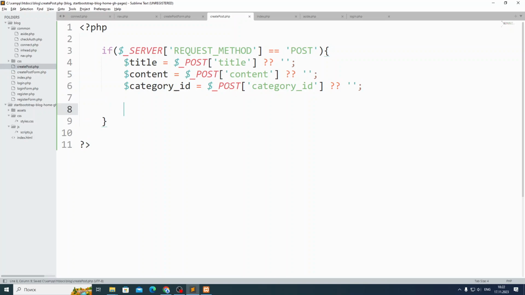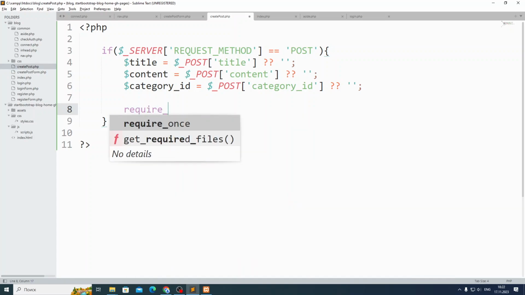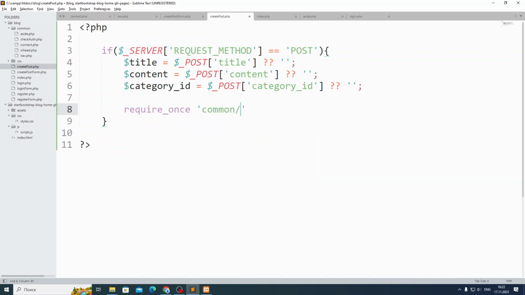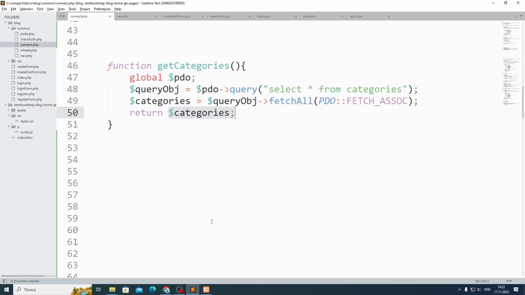Then we'll call a method from connect.php, okay? So we need to require_once from common connect.php, guys. Again, all methods inside connect.php are ready. I will just show and explain. So what methods are we going to use from connect.php, guys? The next method is